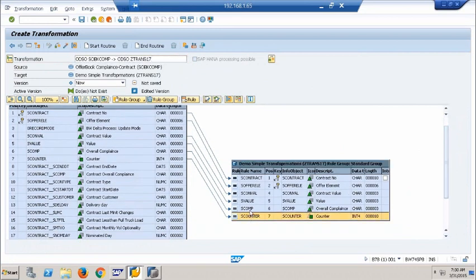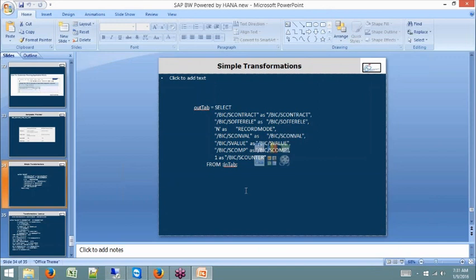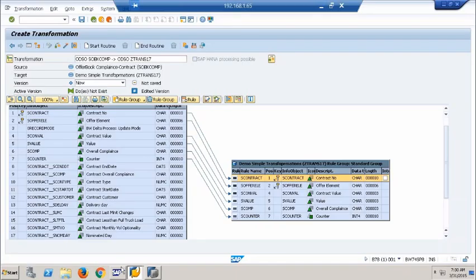Then okay. See, I will take a simple requirement now. I've got a source field information as contract, and it is feeding to what? Contract, offer element. All these are direct mappings, no issues. But for count, if I just say check now,